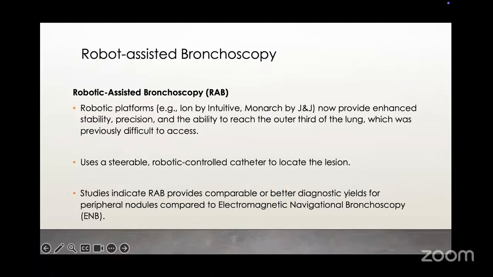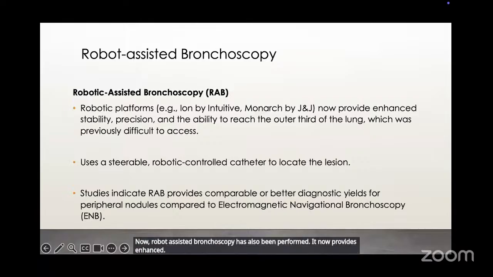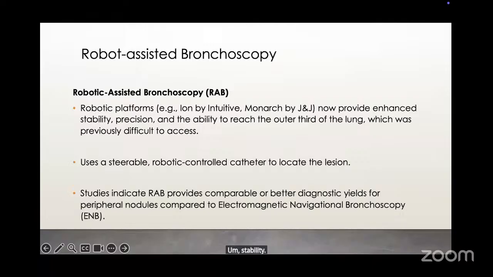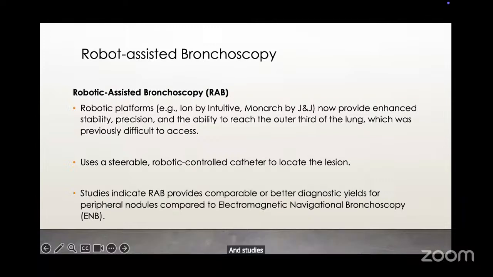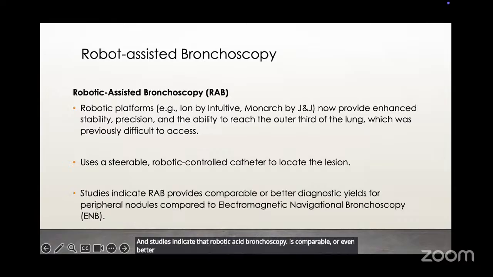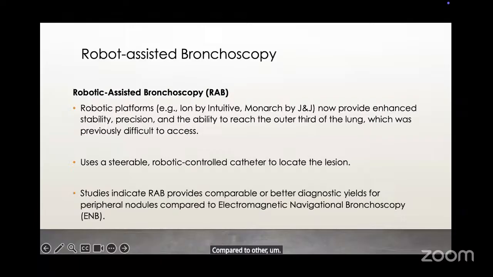Now, robot-assisted bronchoscopy has also been performed. It now provides enhanced stability, precision, and the ability to reach the outer third of the lung, which was previously difficult to access. It uses a steerable robotic-controlled catheter to locate the lesion, and studies indicate that robotic-assisted bronchoscopy is comparable or even better in terms of diagnostic yields for peripheral nodules compared to other advanced bronchoscopy techniques,